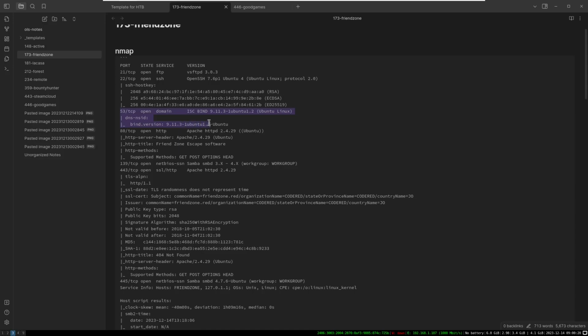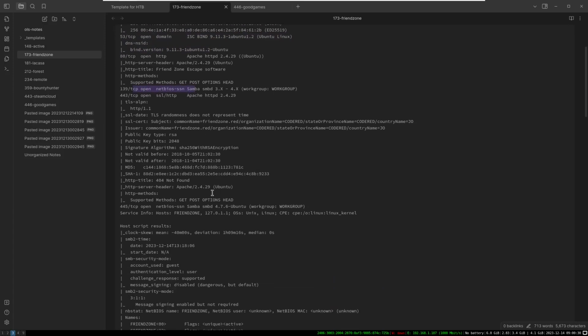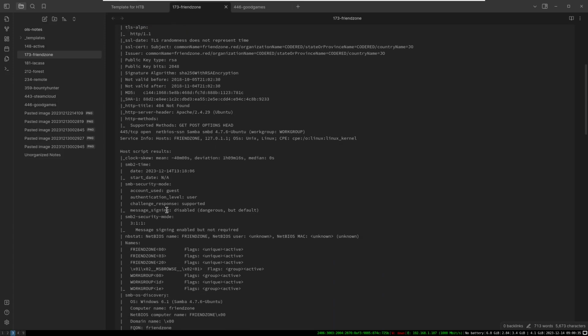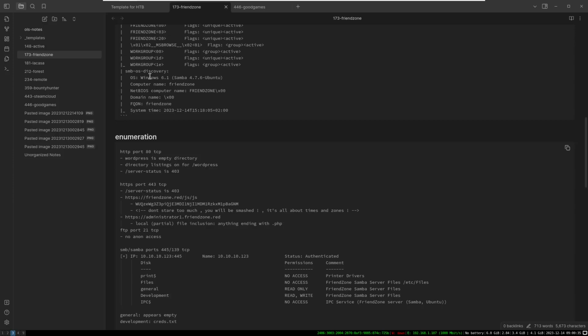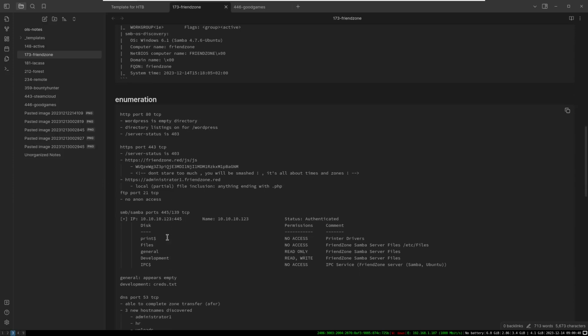DNS, we've already well and truly abused and transferred the domains for 2 different domains that we came across. Samba, we had 2 shares, general and development, that we had anonymous access to. Print $, IPC $, and files, we have no access because we have no credentials. General, we have